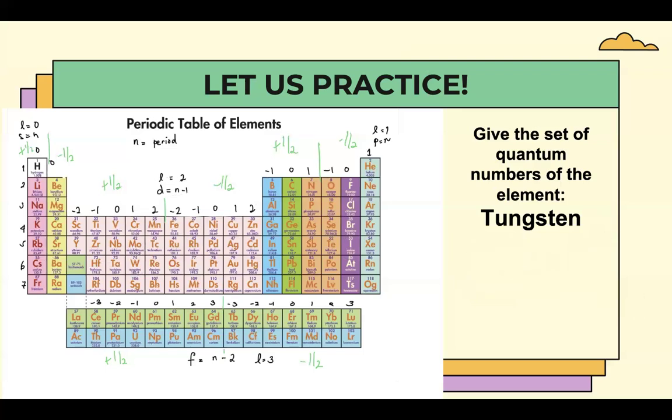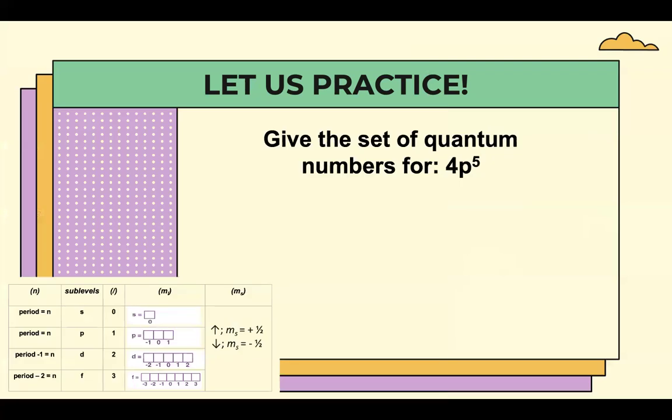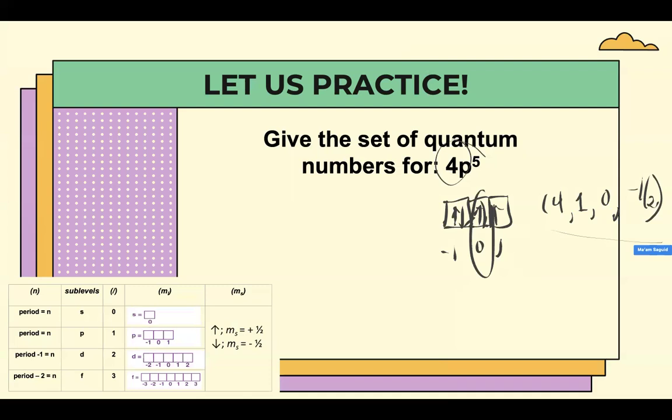So again, if you would like to check, you can use the orbital diagram and the shorthand notation to double check. Now, what if you are given the electron configuration? In this case, you can't use the earlier method of just looking at the periodic table. You have to use the orbital diagram here. So you just have to write the boxes. So we have 0, 1, negative 1, and then 5, 1, 2, 3, 4, 5. You stop here. So our N is 4, and then P is 1, 0, and then negative 1/2 for P5.